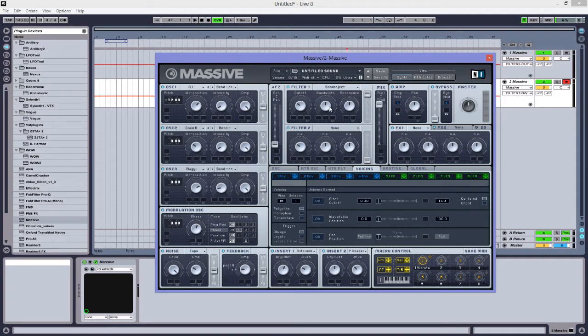Okay, so let's start up here with filters. Band reject, one of my personal favorites. I'm not sure what Eckoh has to think about that, but